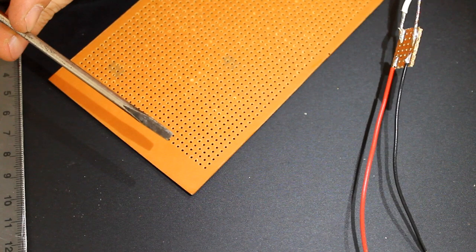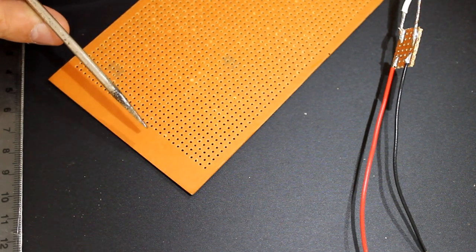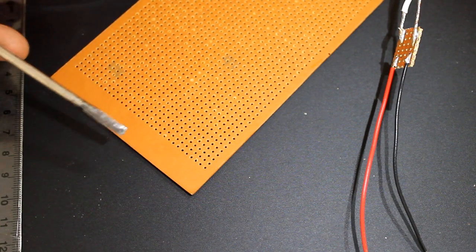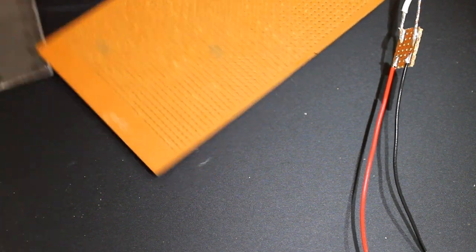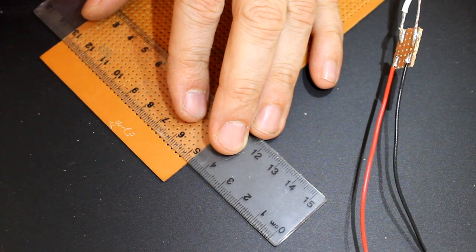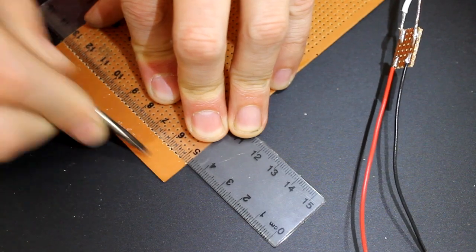You need a sharp edge. So I've got here an old screwdriver, and you could use anything. Maybe it's not a good idea to use a knife, but you need a sharp edge. Maybe that could be the edge of a steel ruler, or, as I said, I like using a screwdriver, anything that is going to scratch the board. And what you really want to do is get a straight edge, scratch down where you want it to cut,